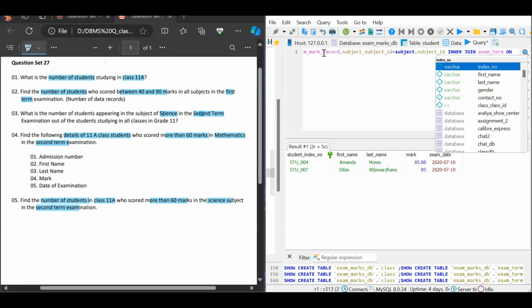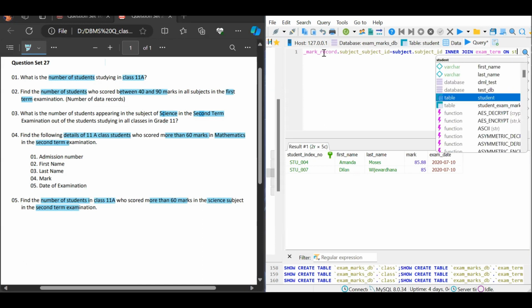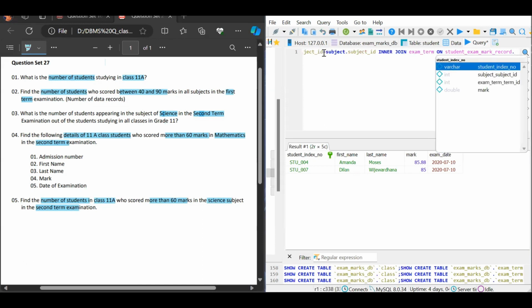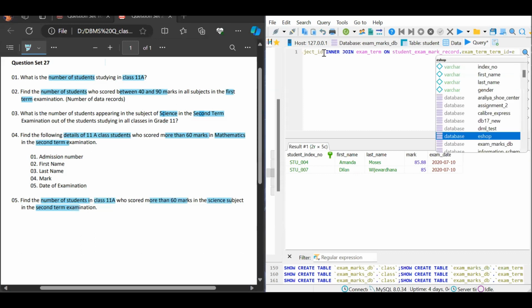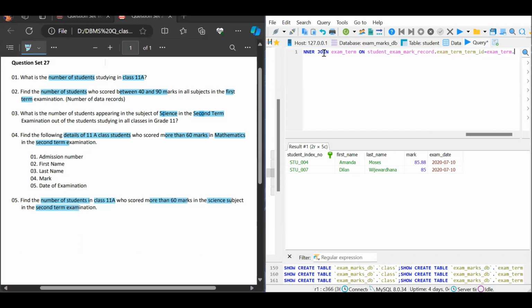You can use the on keyword the student exam mark record table dot the exam term id equals to exam term table dot the term id, and then at last we can use the where clause here,